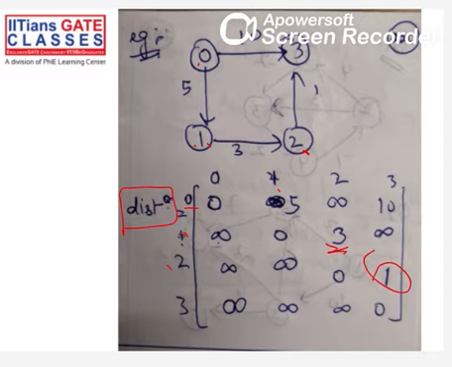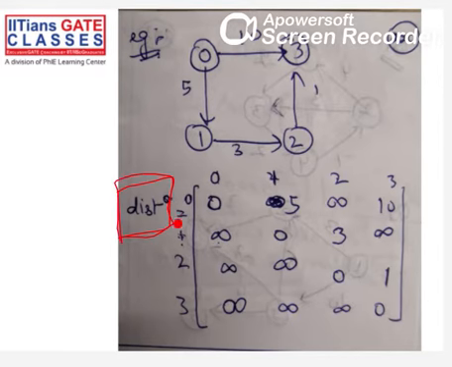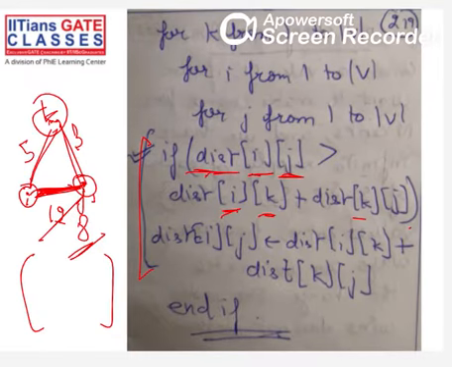Apart from that, all of them are infinity, and these are 0, because self loops are not allowed in a simple graph. Okay, so these are 0. Is it clear to everyone? This is the initial graph. Now you'll use this graph to build the next graph. Now I'll teach you how to apply this part of the code with a faster speed.